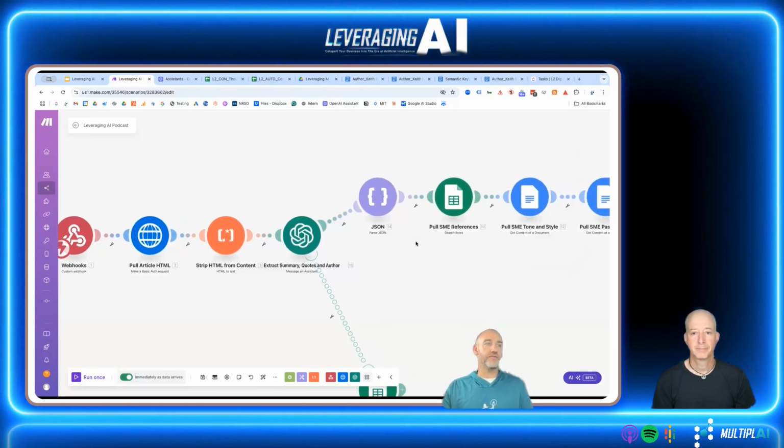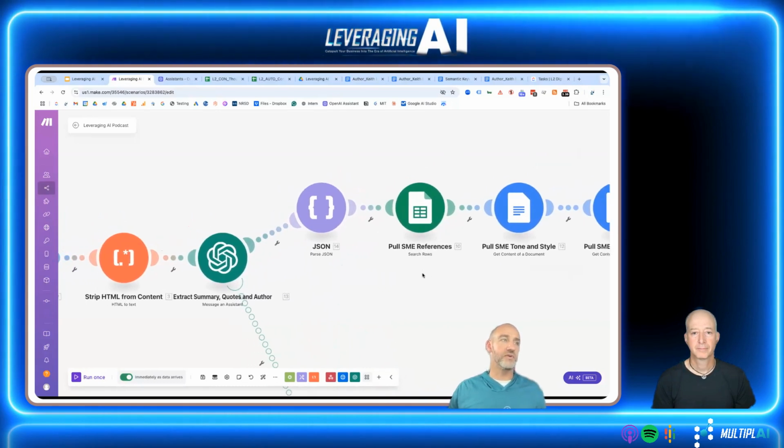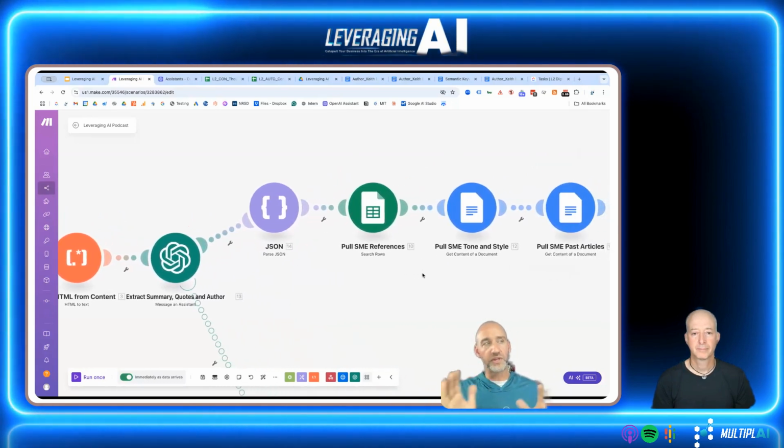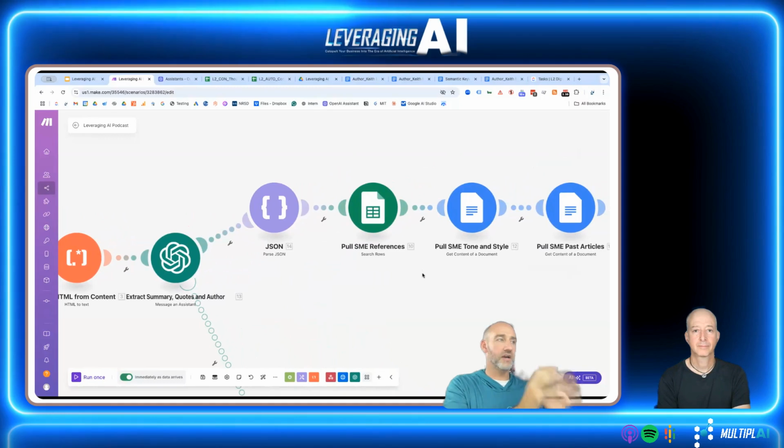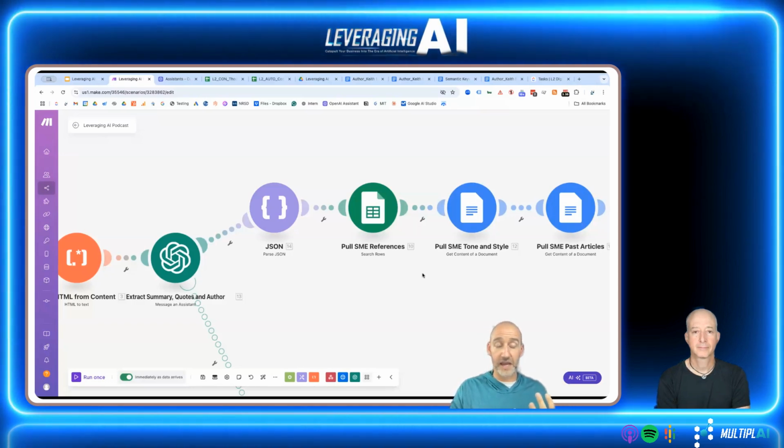So now once I've got that information saved, the next step is, and this is probably one of the cooler things that you can do, and I definitely recommend it, it's going to give your automations a lot of power. In this case, I've got the summary of an article, quotations, and the topic of the article. But in my company, I have a subject matter expert for content marketing, a different subject matter expert for HubSpot, and a different subject matter expert for generative AI. So I have all these different topics that we may write about, and a subject matter expert for each of those. And each of those subject matter experts has their own unique style and tone.